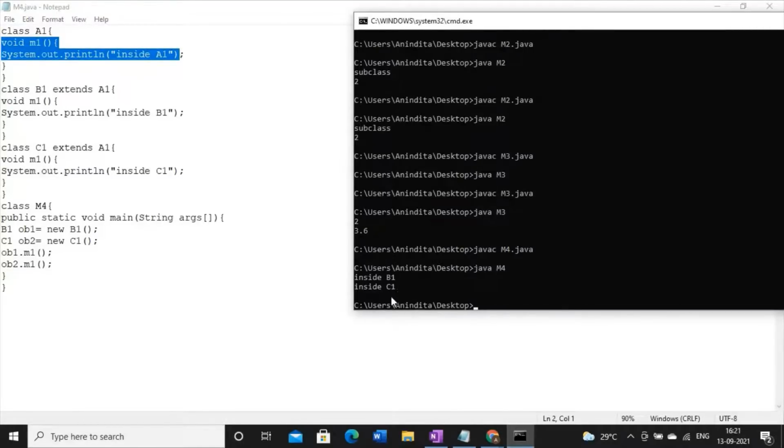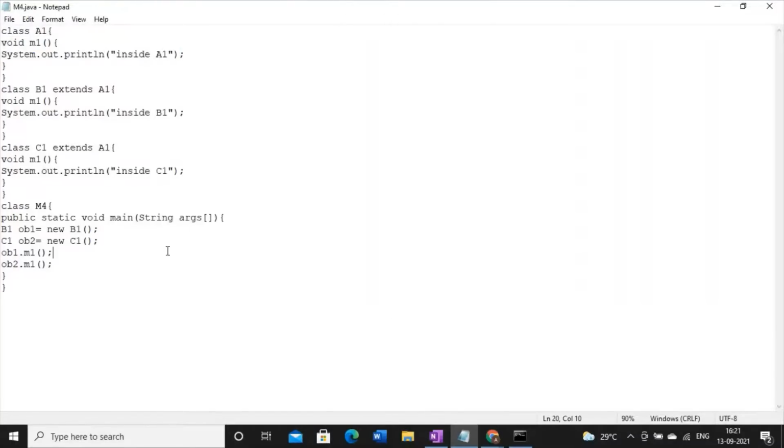So here the same thing happens, right? So overriding appears. It's a classical example of overriding because method names are the same, parameter signatures are the same, return types are also the same, and the methods reside in three different classes.